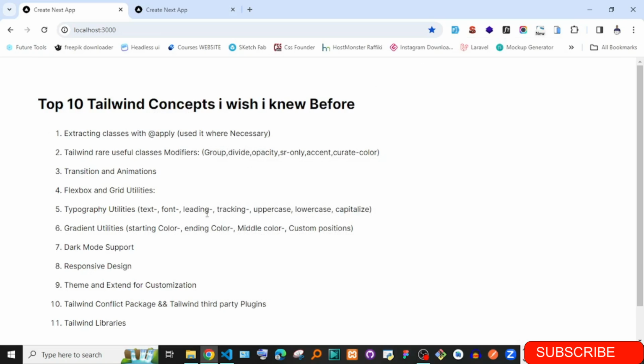So in today's video, we're just going to cover the top 10 Tailwind concepts I wish I knew before. As I know, most of you are using Tailwind in most of your projects, and there are some concepts in Tailwind that I use on a daily basis, and I was not using them before. So I want to share those concepts, and maybe you may find one or two on the list that are